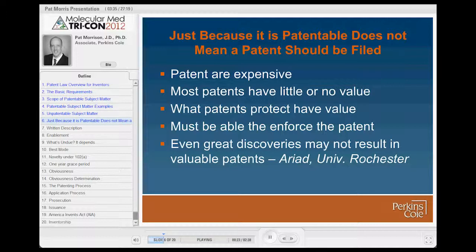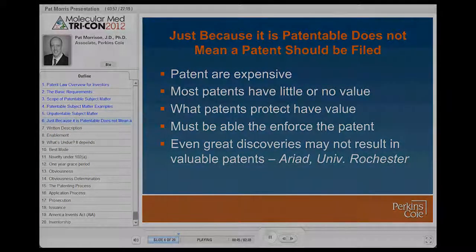Just the initial filing and preparation usually costs anywhere from a few $1,000s up to $20,000, $30,000, $40,000. There's really no cap on it. It's however much you want to spend and however much data there is to put in there. But they can cost quite a lot of money. And just filing the application really just starts the whole process. You then have a prosecution process that can be pretty expensive. If you want to file overseas, that gets very expensive pretty quickly. So it's good to